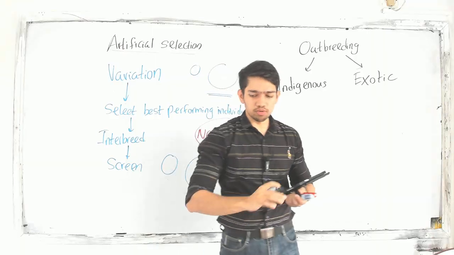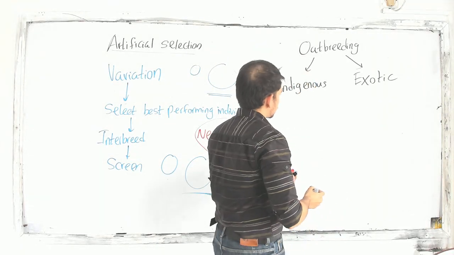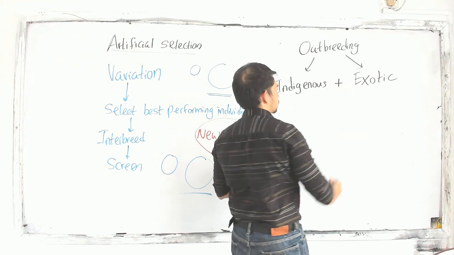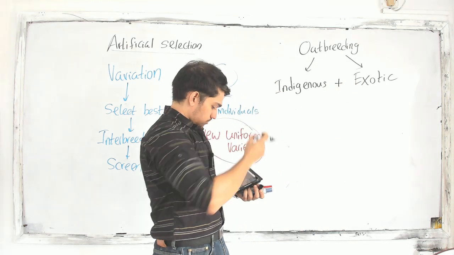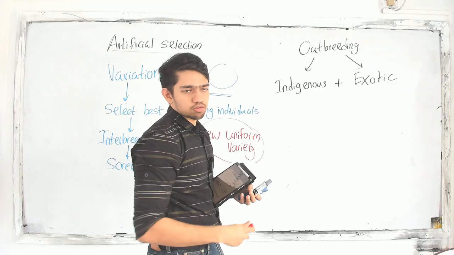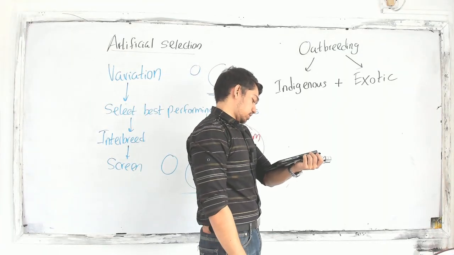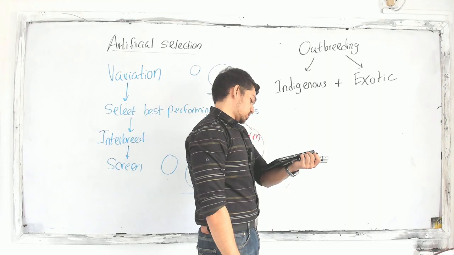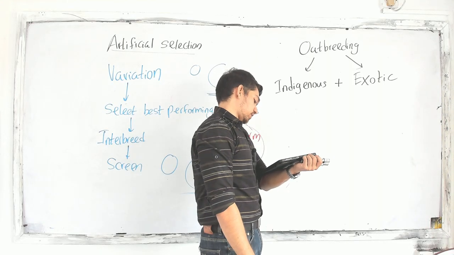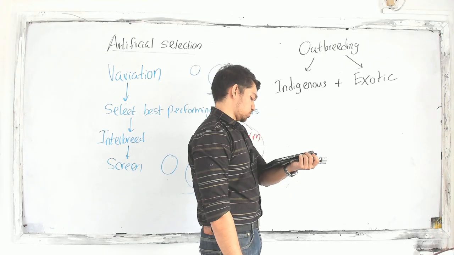Exotic is probably from a different region, or maybe an imported one. So indigenous and exotic, we are going to cross. Then this exotic parent probably has some nice qualities this indigenous one doesn't have. So the example we have given is what? In India, Zebu breeds of cows and nondescript cows are crossed with exotic breeds like Holstein Friesian, Brown Swiss and Jersey